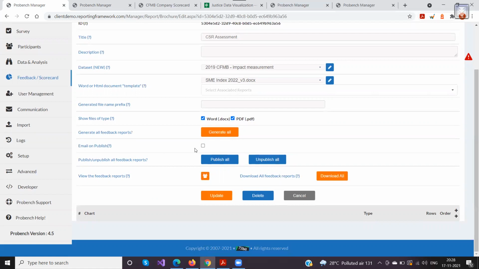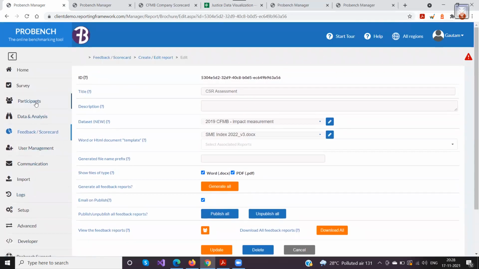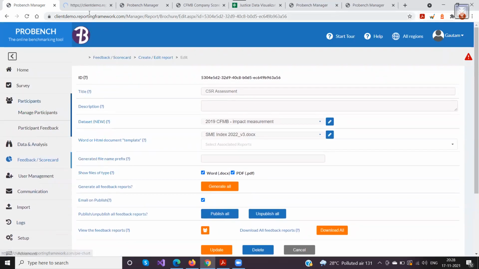How it works is when you click on this email on publish and click on publish all, it would go through each of the companies that are there in the feedback reports, go to the primary contacts. When I say primary contacts, the primary contacts are here.